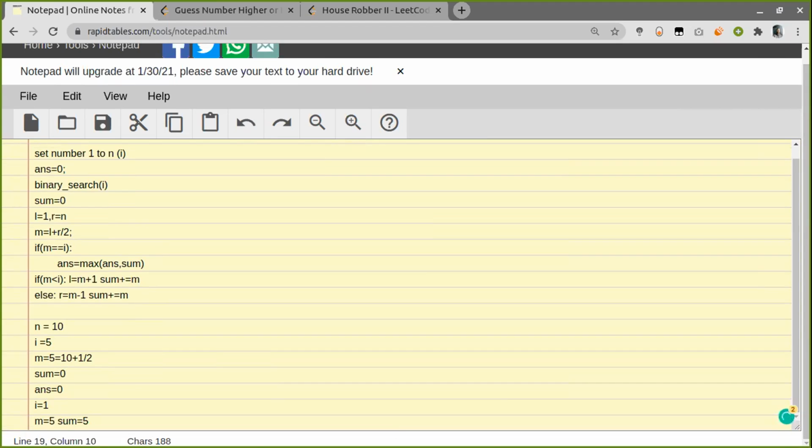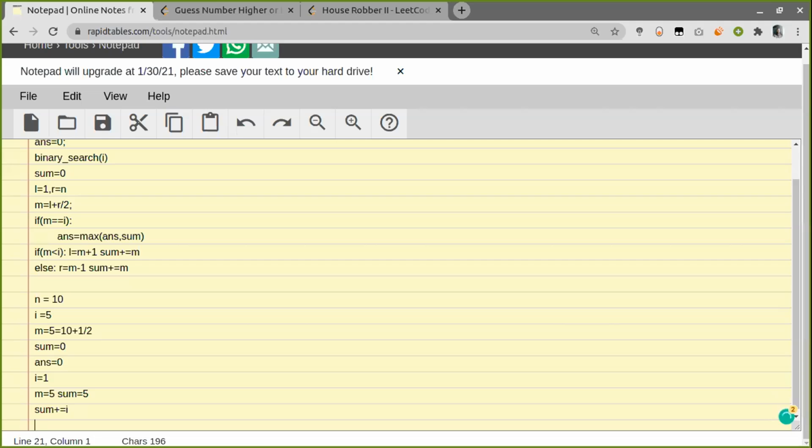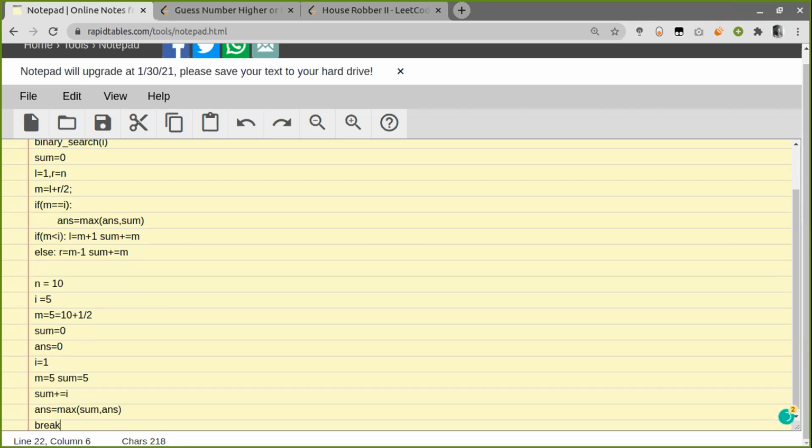Then for the next step, our search space will reduce and we will keep adding to the sum if it is not the right guess. And if it is the right guess, we will take the max of all the sums to reach that set number, and we will break the binary search condition.